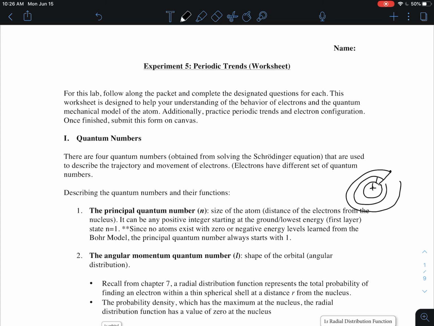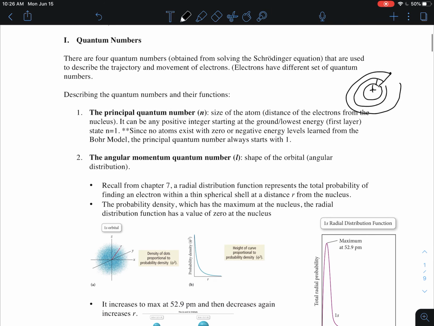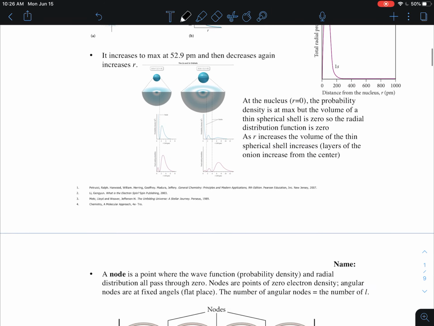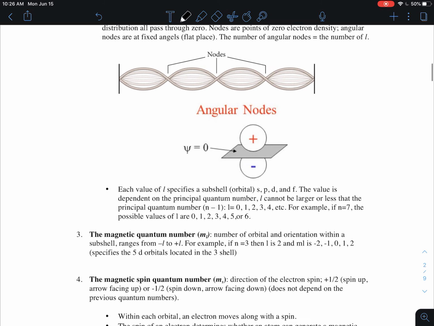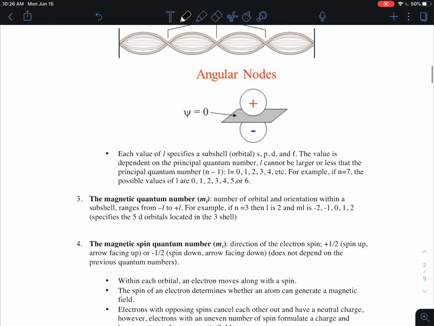The angular momentum quantum number then tells us the shape of the orbital. Do we have an s orbital? Do we have a p orbital, a d, or an f? The magnetic quantum number then tells us exactly which electron orbital we're talking about, and then the magnetic spin quantum